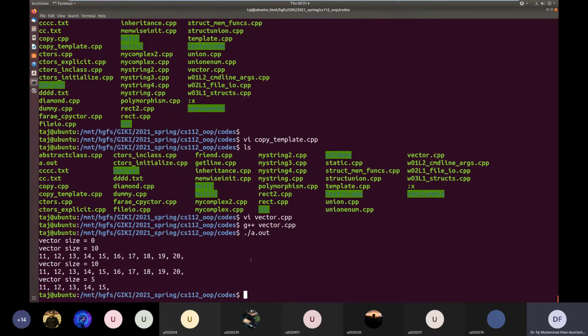Then we pop back certain elements from the vector, and you see that the elements were popped from the end of the vector. First 20 was removed, then 19, then 18, then 17, and then 16 was removed. The vector was reduced to 5 elements. So this is some of the functionality of the vector.